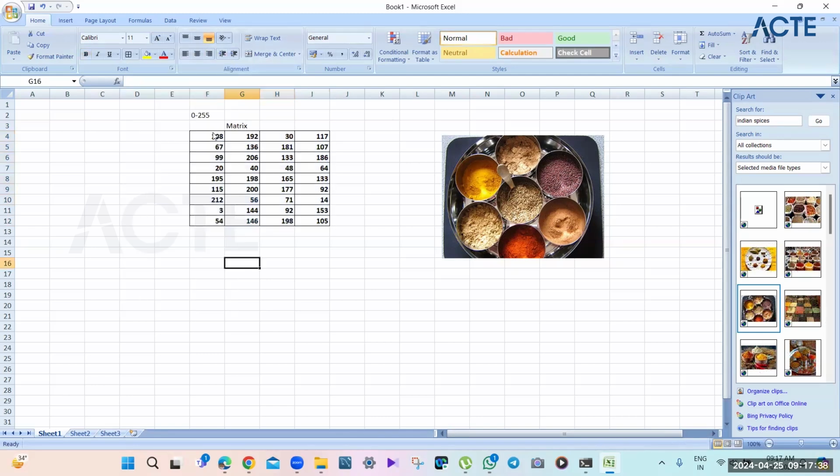So this will be your one matrix, which has how many? 1, 2, 3, 4, 5, 6, 7, 8, 9, and 4. So it will be your 9 by 4 matrix. This will be your 9 by 4 matrix, which, if I give these numbers to the computer, will decode these numbers as this particular picture.